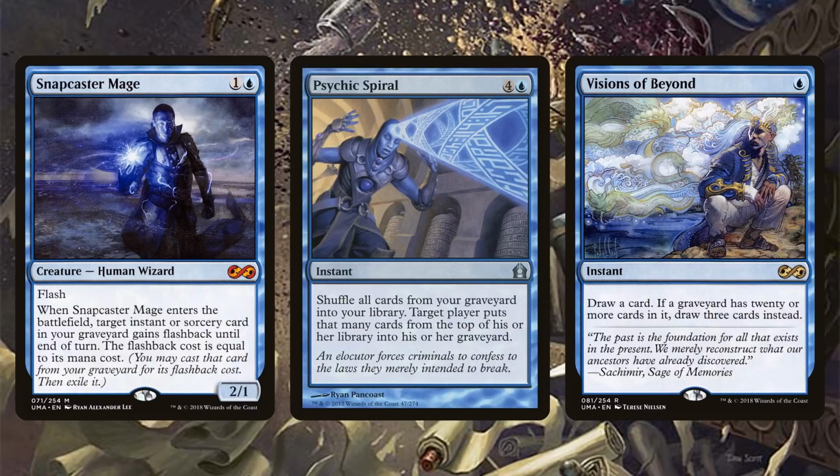It's just so crazy. And then Visions of Beyond is particularly fun. It's a 1 mana instant, draw a card, but if a graveyard has 20 or more cards in it, this is Ancestral Recall. You get to draw 3 cards instead. Don't you want to be playing Ancestral Recall? I really, really do. This is like a big motivation for me playing this deck right now. Oh my gosh, so good. I want to snap Ancestral Recall too. All right, so besides snapping back Ancestral Recall and, you know, drawing 6 cards and just living my best life,